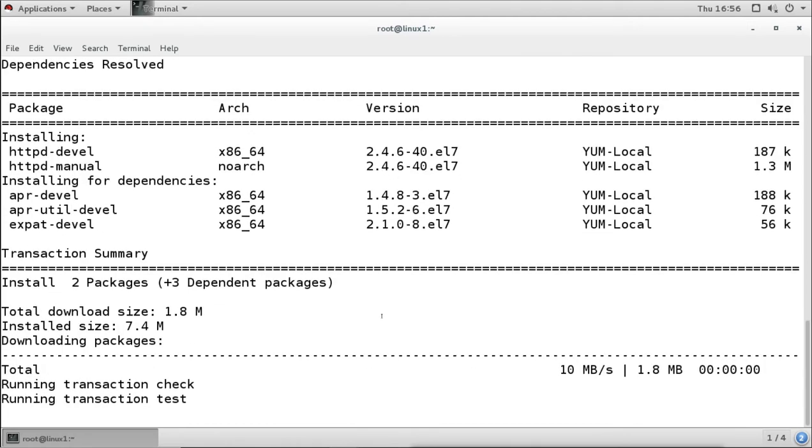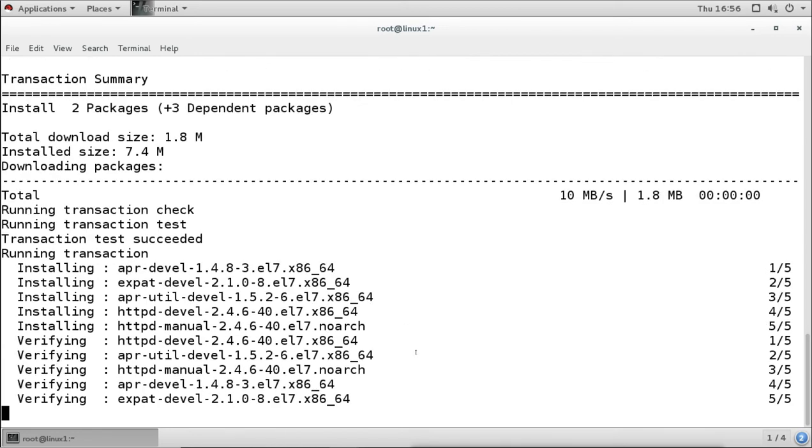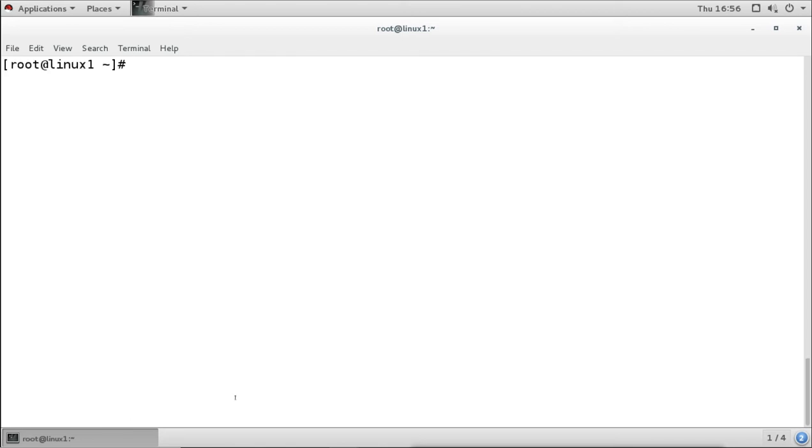Now what will this command do? It will install all the packages with the dependencies. So the HTTPD packages are all installed, the devel and manual are installed with all these dependencies. So the package requirement is fulfilled. So we know the packages are installed.